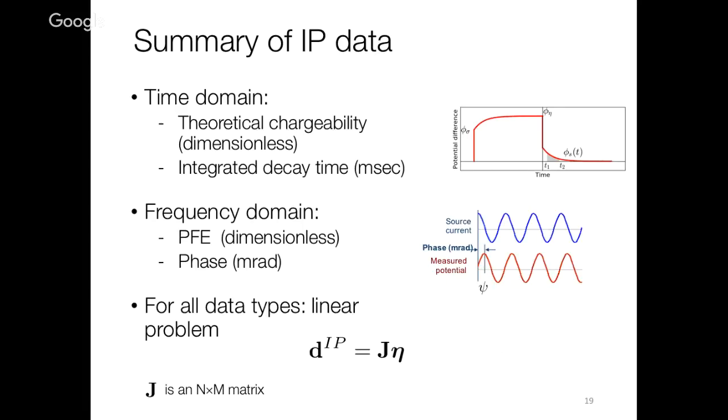So, a summary for the IP data. In the time domain, here's your curve, kind of looks like that. Anything that we measure on here is a valid representation of an IP datum. So it could be dimensionless, it could be milliseconds. And in the frequency domain, it's phase shift, and all of these problems are kind of linear relationships between what we call pseudo-chargeability and